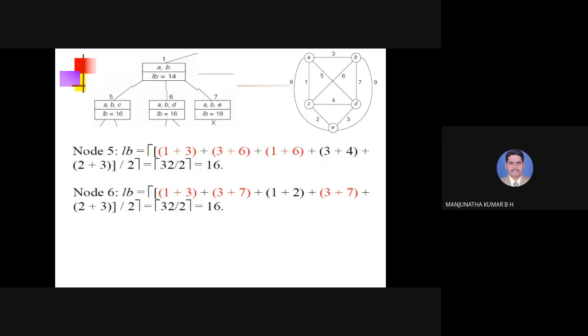So I have to take two edges with respect to B, that is one edge A to B and another edge B to D. So the cost is 3 plus 7. Okay. And C, no changes. C is 1 plus 2 only. See, you know how it is 1 plus 2? This was the term which I have taken in the very first equation, that is with respect to node 0.